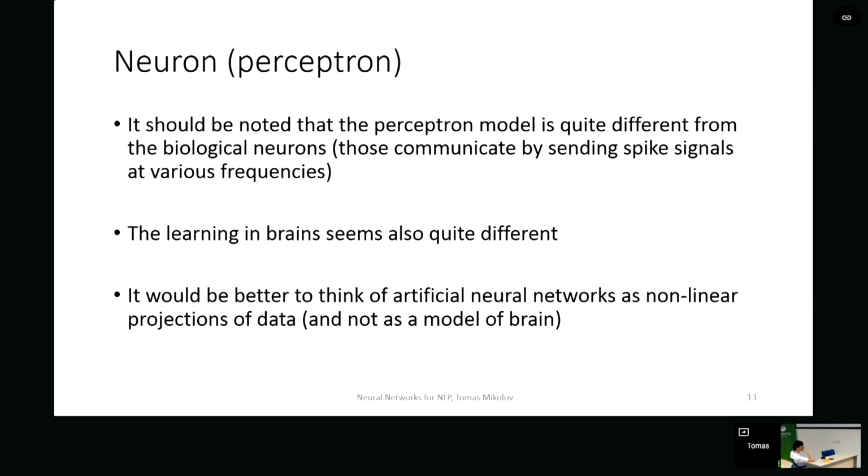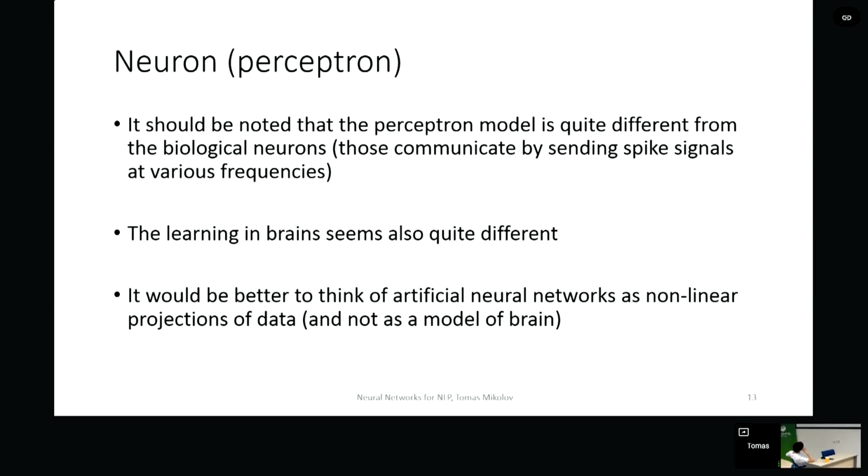The learning in the brain definitely doesn't work the same way as it is typical for these neural nets. We don't do SGD in the brain. Also, some people would like to believe that it's true, but brains learn quite differently, and actually nobody really understands how exactly it works in the brain. So it's better if we leave the analogy with real neural networks and just focus on the mathematical side.